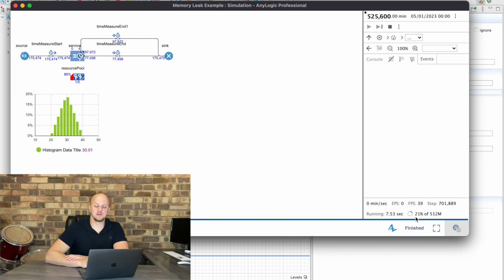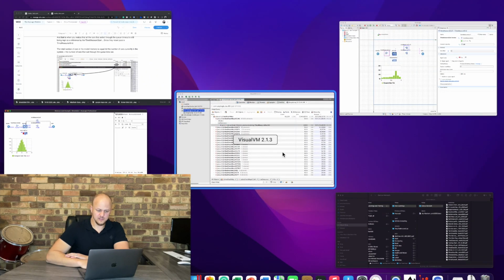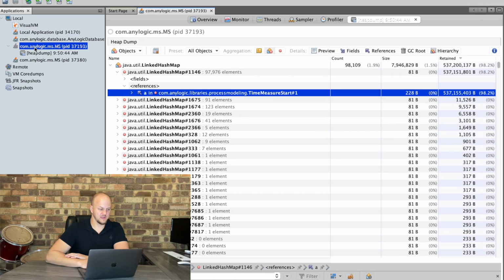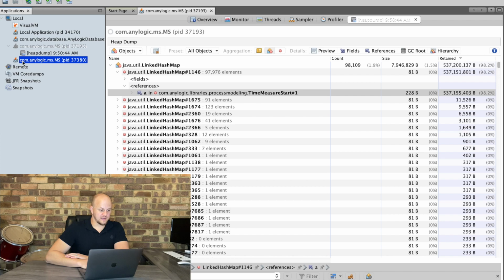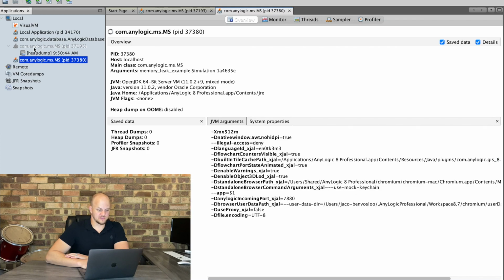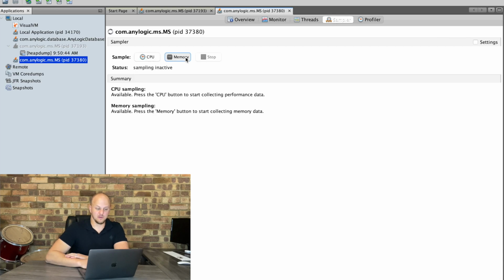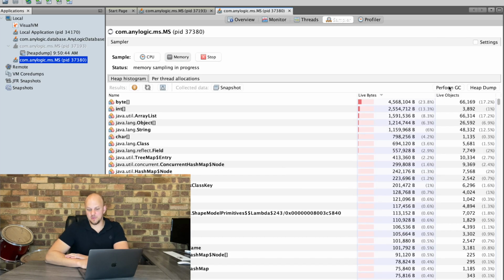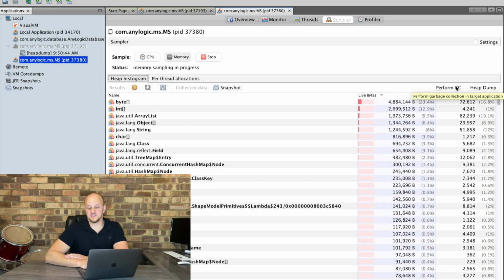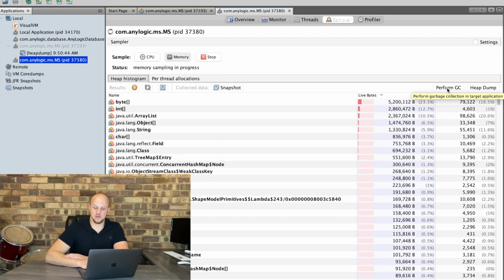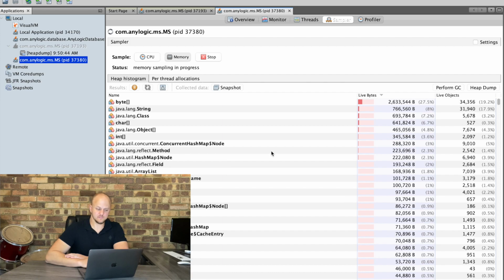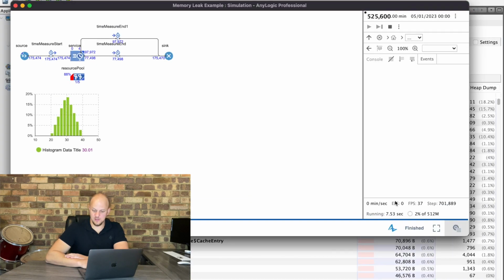Now, one thing you need to know about Java is that it makes use of a garbage collector to manage the memory. So if we go back to our VisualVM, and we now connect to that new model, you'll see the old model is now grayed out, it's not available anymore. And we click on the new model, we go to our sampler, we look at memory. You'll see this little button here called Perform GC, so garbage collection. So if we hit the garbage collector, and we then go back to our model, we'll see that it's